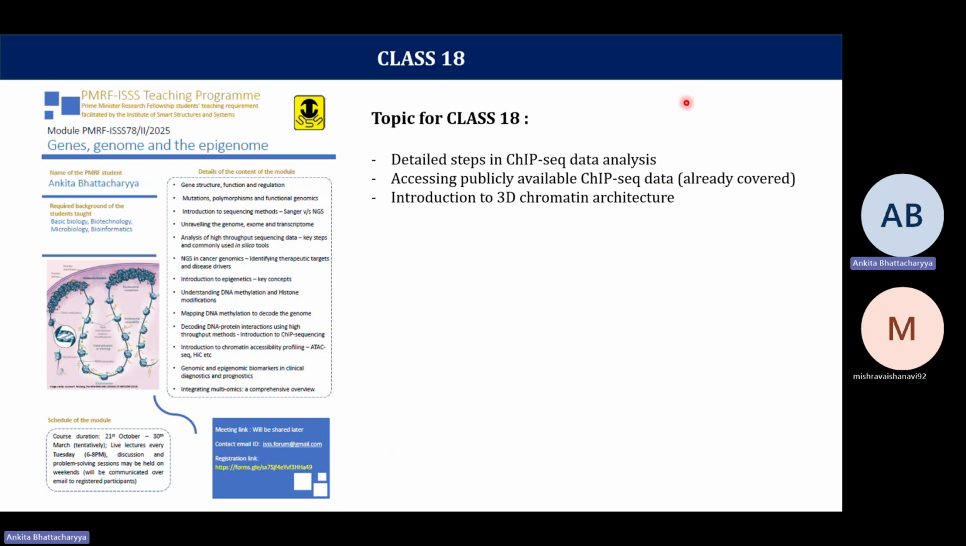And this part is what we'll introduce, the 3D chromatin architecture part. But yes, that needs to be taken care of in more detail, which I'll do in the next, probably the next class. And also, before proceeding forward, because this will probably be the last module we'll be discussing,